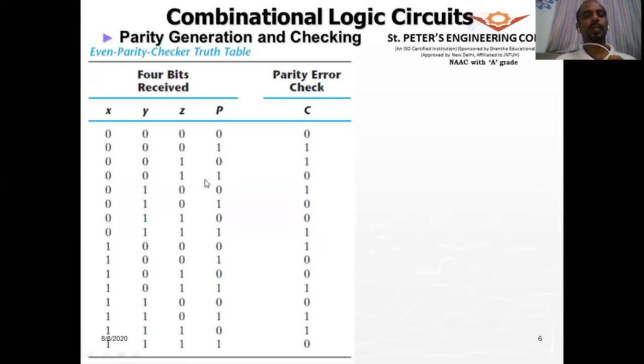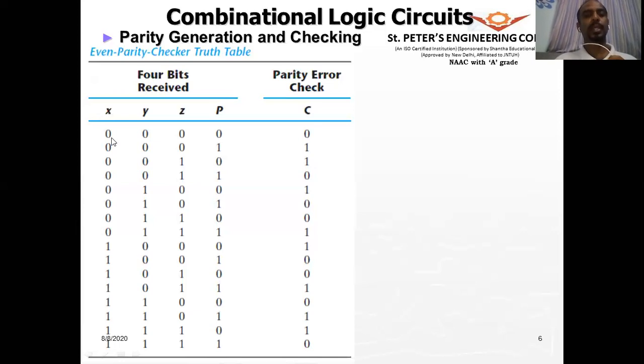Here 2 number of ones are there, so the check bit is 0. Here only one number, so 1, 2, 0, 2, 1, 3, 1, 1, 1, 2, 0, 2, 0, 3. It will be 1, 2, 0, 2. I mean 3 here, so 1, and these are 3 and 1, and all 4 here, which is not odd, so it will be 0 here. So we are having the parity check.